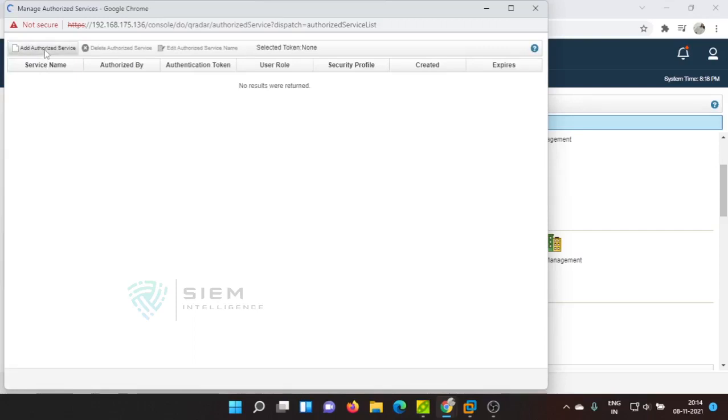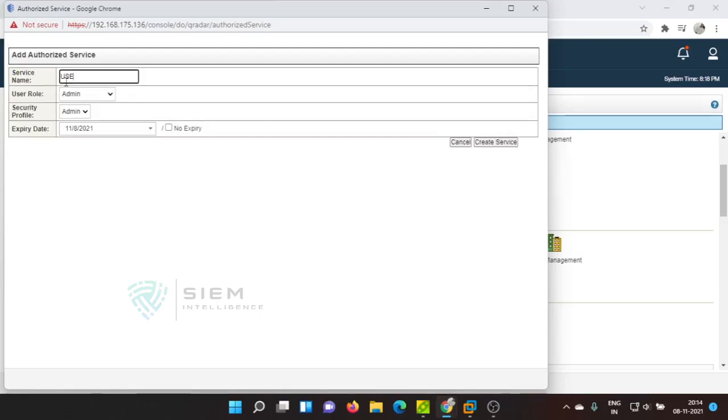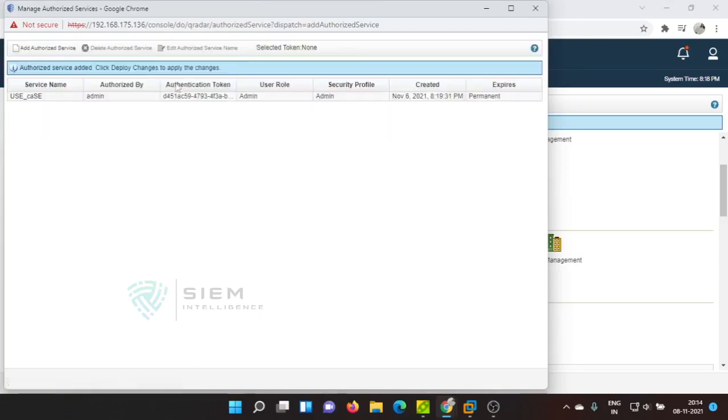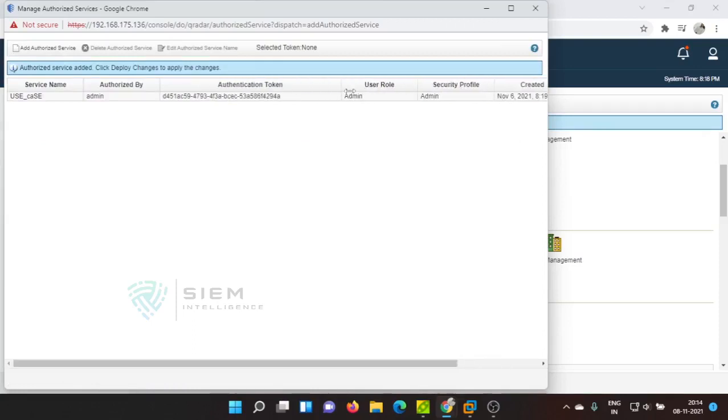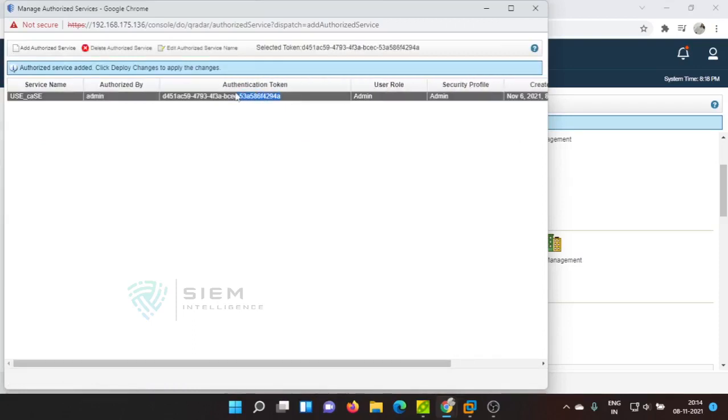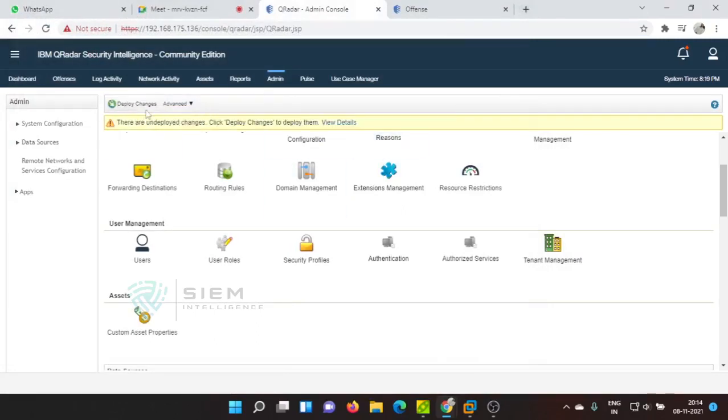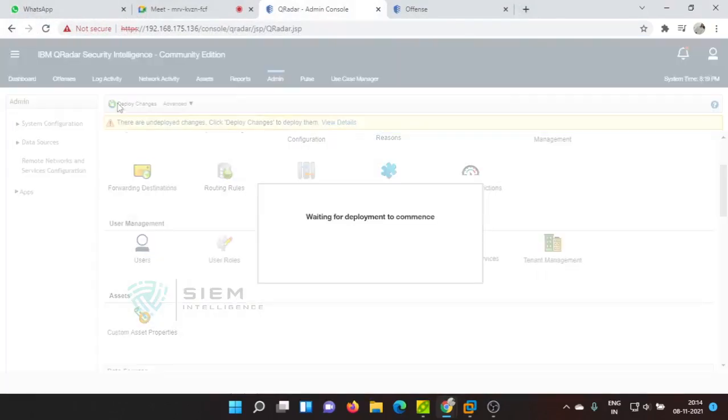It's quite easy. You go to add use case, admin, no expiry, create. It creates. After this, just copy this with Control C. Along with this, we need to do deployment changes.